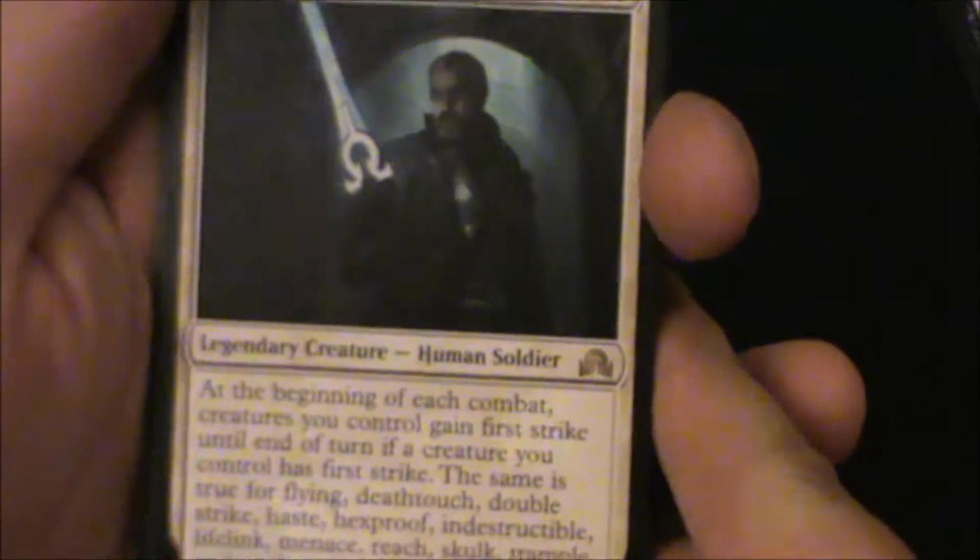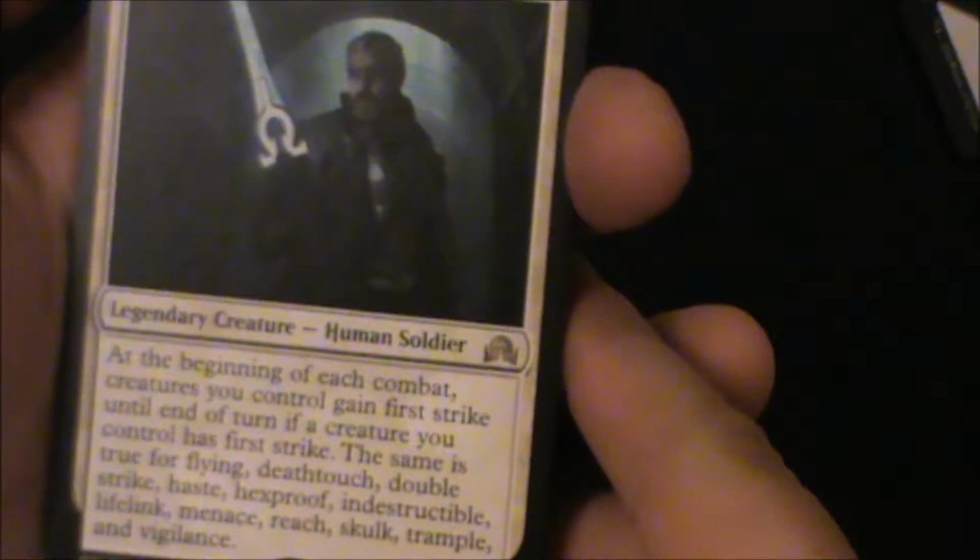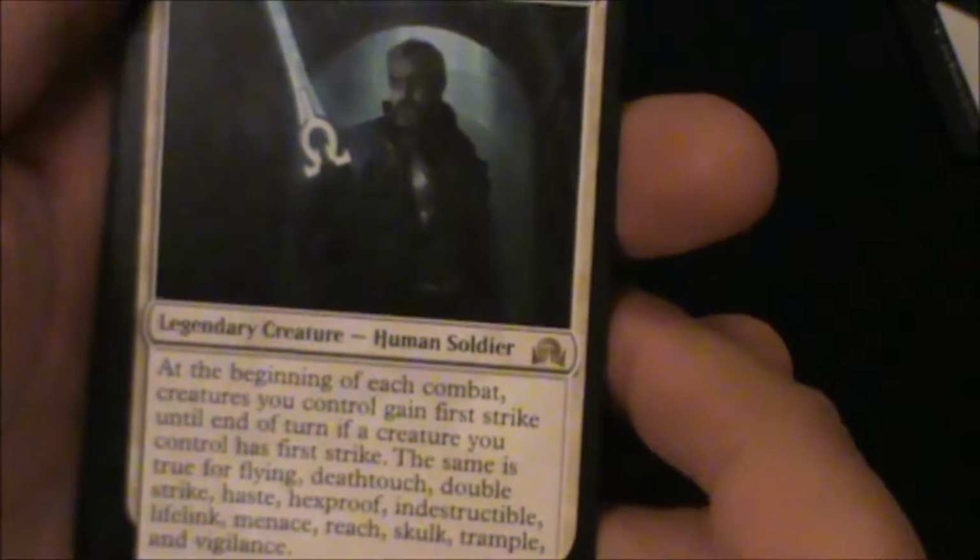He's a human soldier, legendary creature. At the beginning of each combat, creatures you control gain first strike until the end of turn. If a creature you control has first strike,